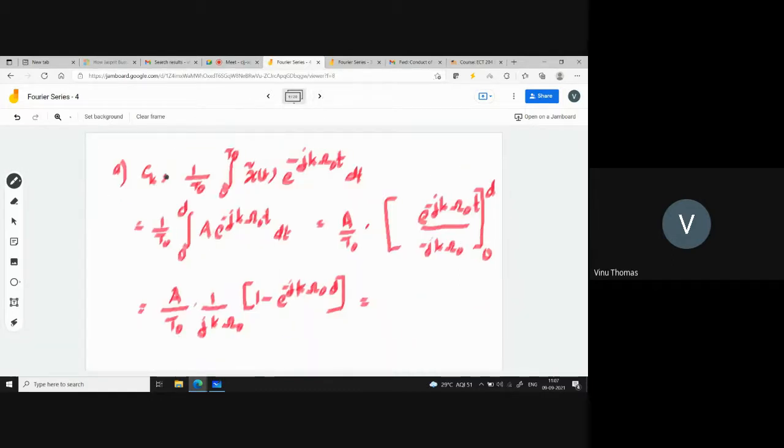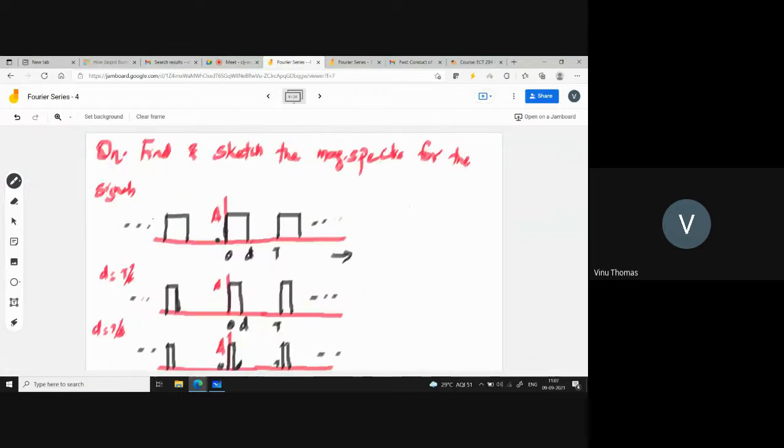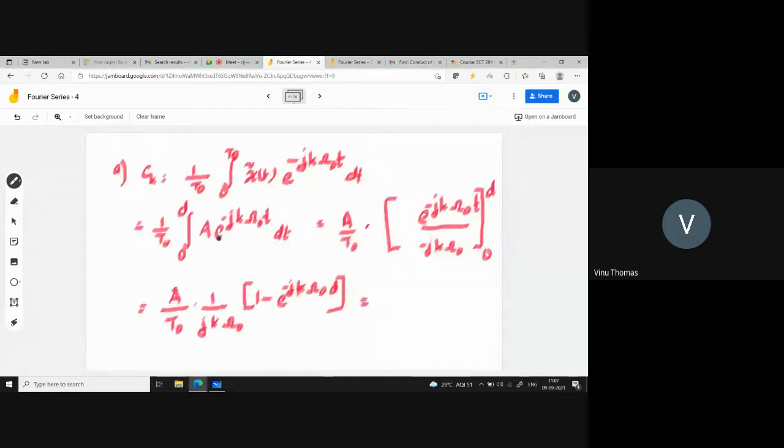So we will find out the magnitude spectrum for the general case for a width equal to D. So Ck you can write as 1 by T0 integral 0 to T0 x tilde of t e raised to minus jk omega naught t dt. This you can write as 1 by T0 because it is existing only from 0 to D. You can write this as integral 0 to D A e raised to minus jk omega naught t dt,